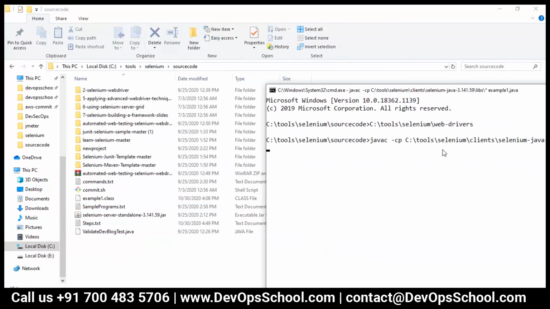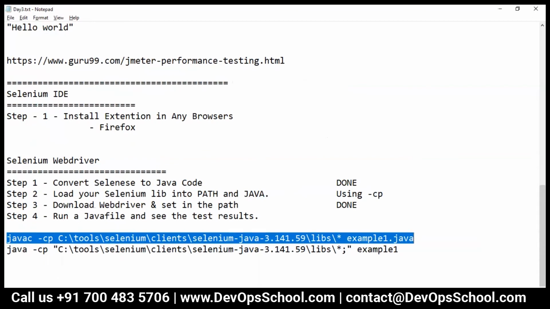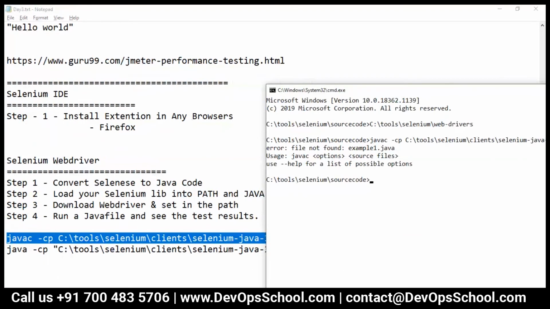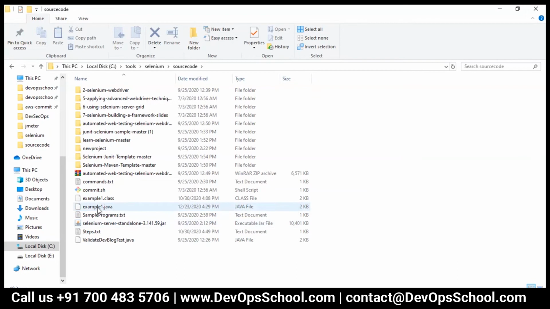And enter. I got the class file. Actually, you have deleted the .java file. You should delete the class file first. Sorry. Where did I delete it? At that location where you are. Oh, yeah.